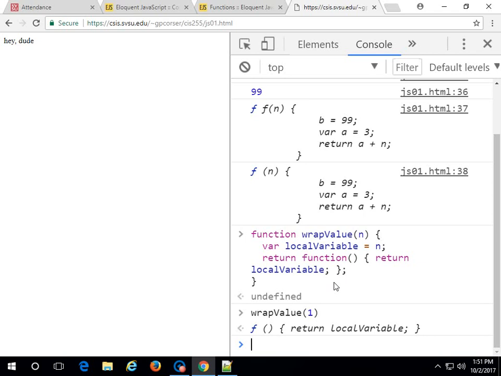So it's defining a new function based on the value you give wrapValue. It's not defining one, it's returning one. A new function. But what's the name of that function? What's the name of the function that it's returning? You're onto it. It doesn't have a name. This is an anonymous function. And you use anonymous functions in JavaScript all the time. And if you're not used to them, it's like, what the heck are they trying to tell me? Why are they doing that? Why not just output a number?